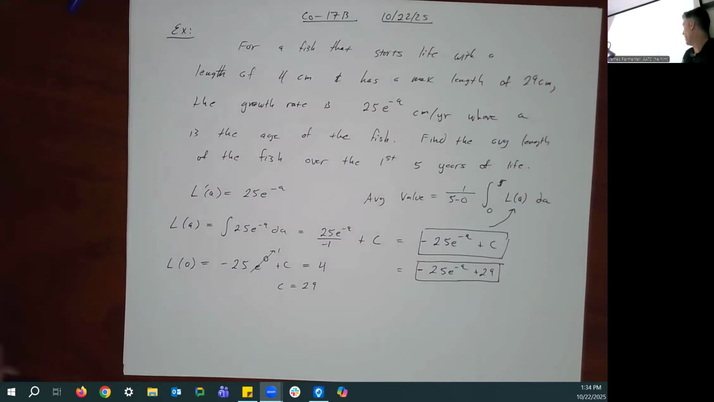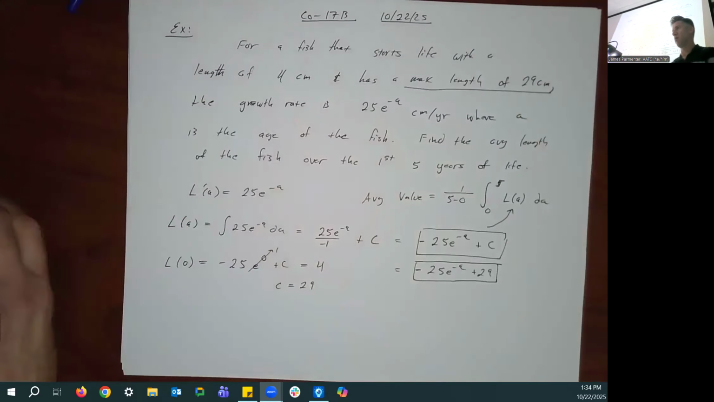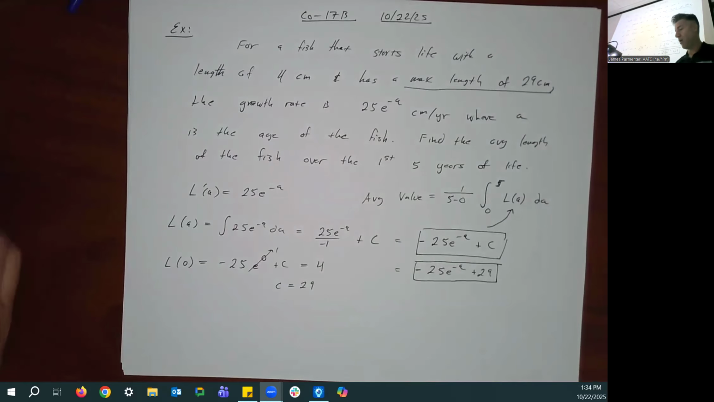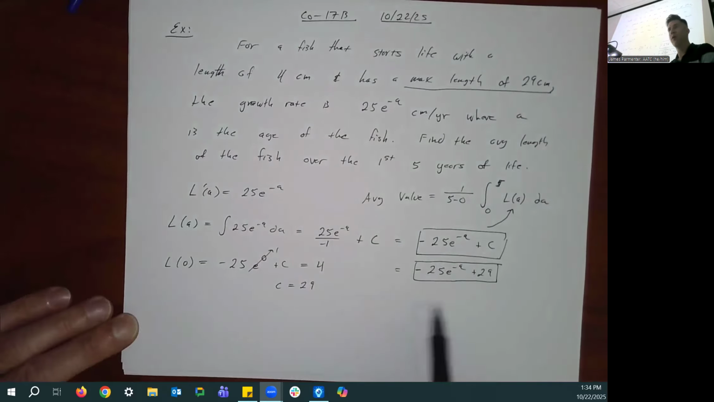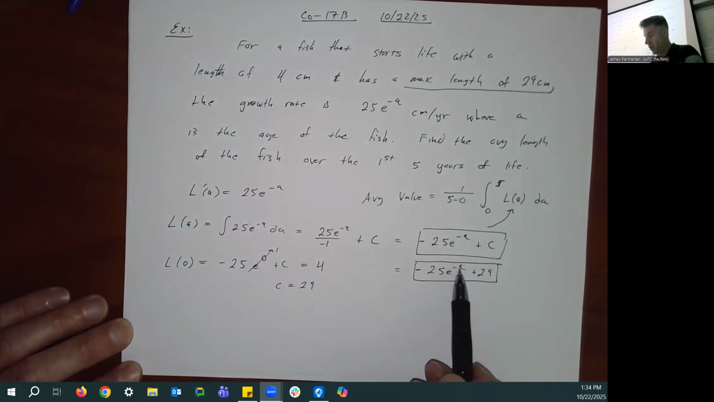What's interesting here, before we finish the problem, is they gave us another piece of information which might seem superfluous, like we don't really need it. And that's kind of true. This piece over here, that the max length of the fish is 29 centimeters, we don't really need to finish this problem, but it is worth noting that if this is our function, we shouldn't be able to exceed 29 centimeters. And that's true. If you let a go from 0 to infinity, this value here will be